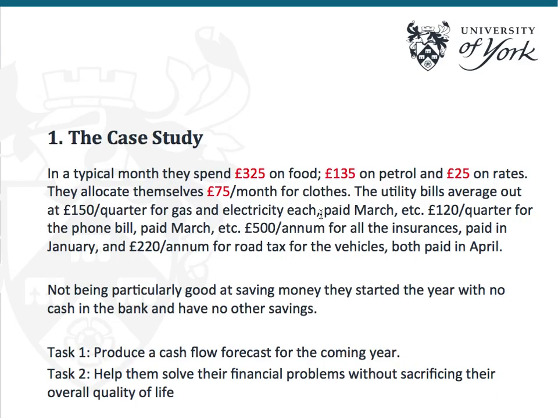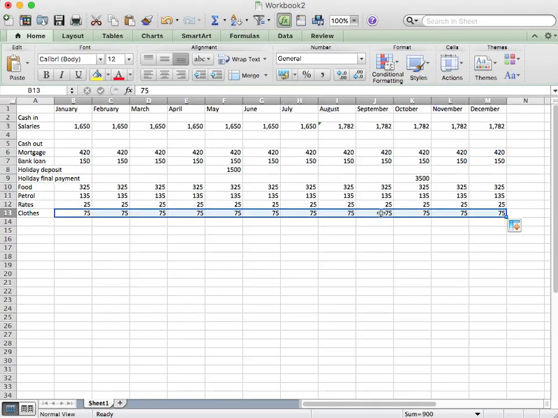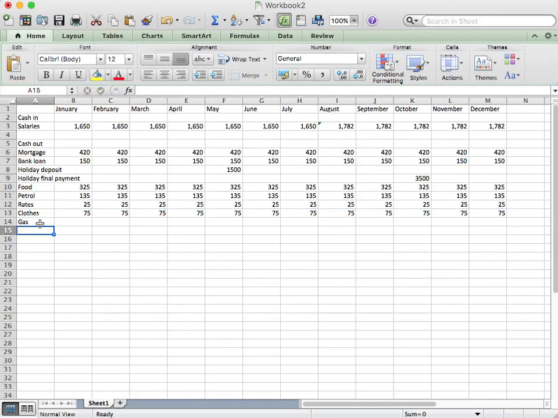Okay. Next, we've got utility bills, average out at £150 per quarter for gas and electricity each. So there's two of them, £150 per quarter each, and they're paid in March, etc. So what does that mean? Well, we've got gas and we've got electricity. And in March, they pay £150 per quarter for each one. £150 for gas, £150 for electricity. And again, in June, that's the next quarter. In September,